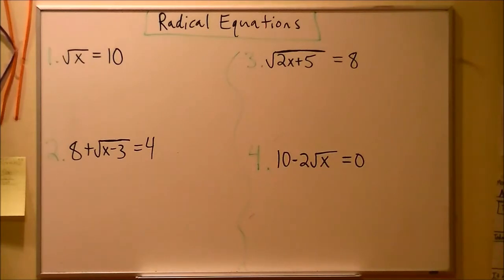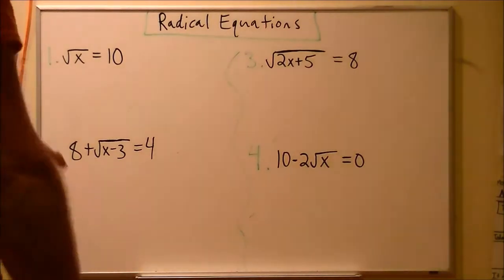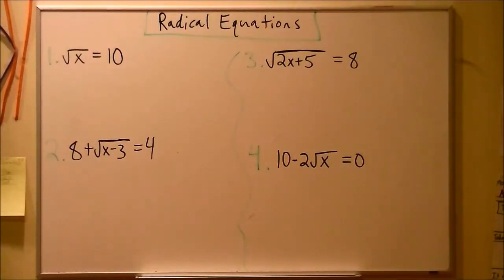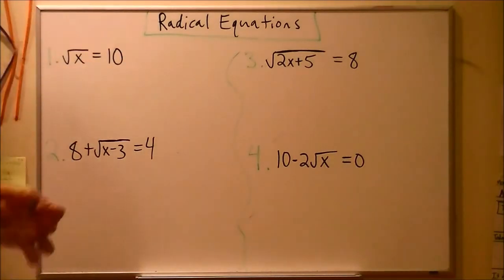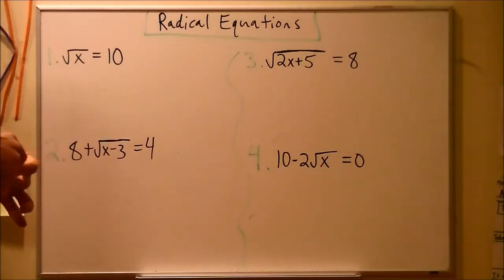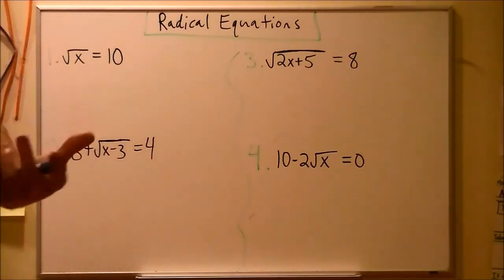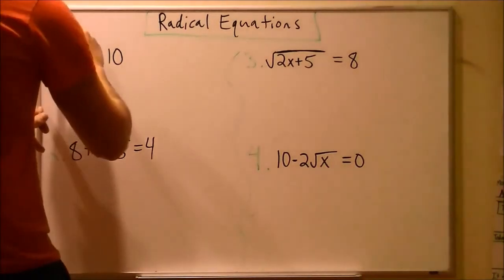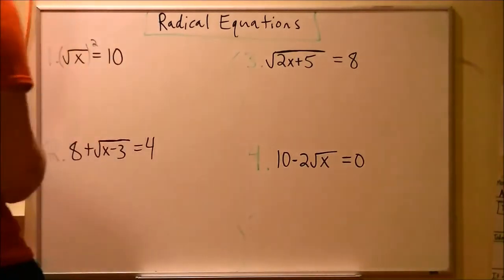Okay, let's give the first one a shot. This is as easy as can be. I have the square root of x equals 10. Wait a minute, that's already done. Not quite, right? I'm not trying to solve, guys, for the square root of x. I'm trying to solve for x. But if x is having the square root of it taken, how do I get rid of that square root? In other words, what is the opposite, or the inverse operation, of a square root? That is something that is squared.